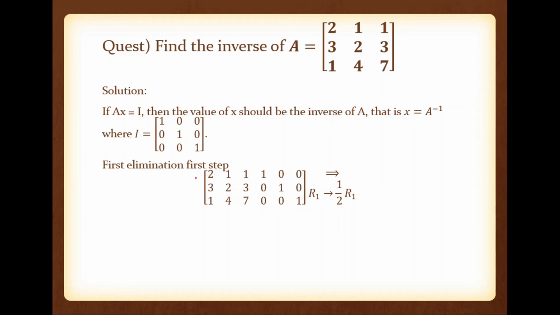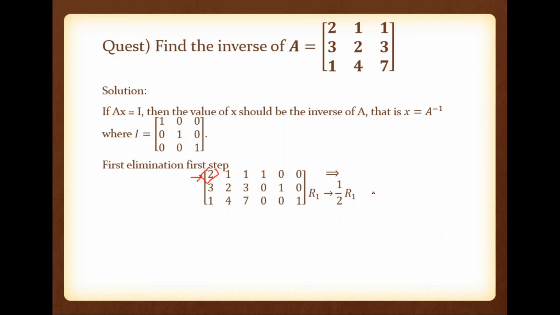So for the purpose of row operation, this is row 1. So we are doing the row operation R1 is equal to 1 by 2 into R1. That is, this is the pivot 2. So 1 by the diagonal element or pivot into R1. Okay. So for the first elimination, we need the first pivot. So that is 1 by 2.